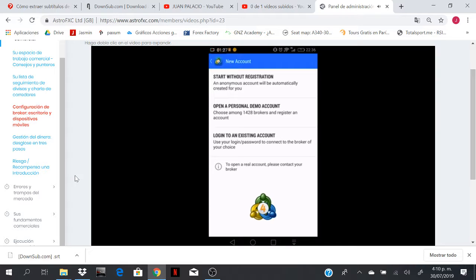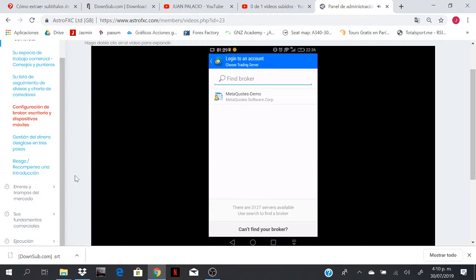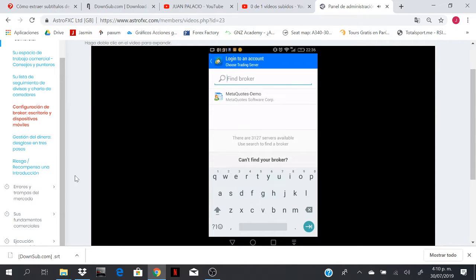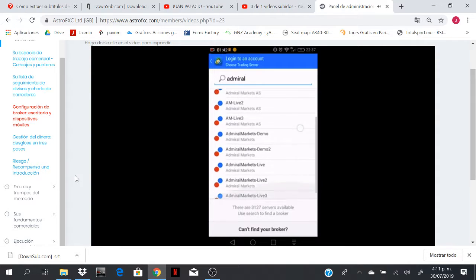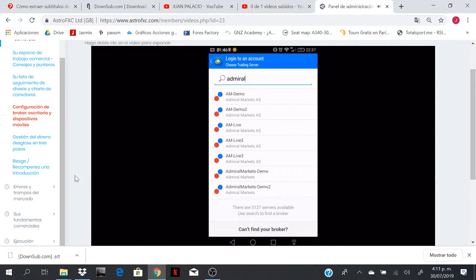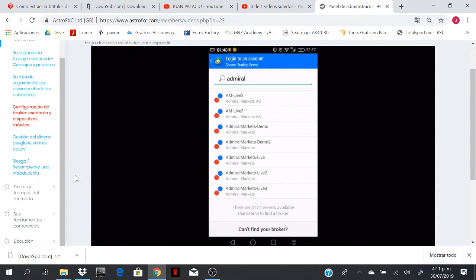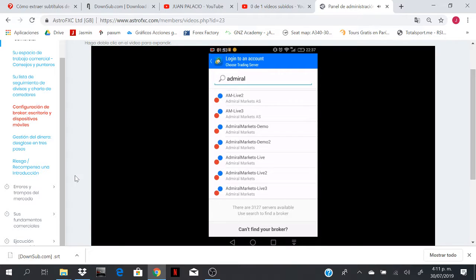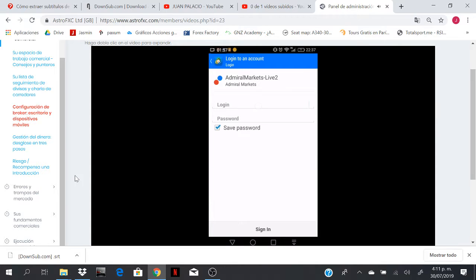So we already have our credentials. What we have to do is remember the server. I showed you this server on the platform. So the server for Admiral. Let's type in Admiral. And as you can see, we have all of these different servers for Admiral. For a demo, it might be Admiral Markets Demo or AM Demo. But for my particular live account, which I created just for the sole purpose of doing this example, it is Admiral Markets Live 2. So my login,